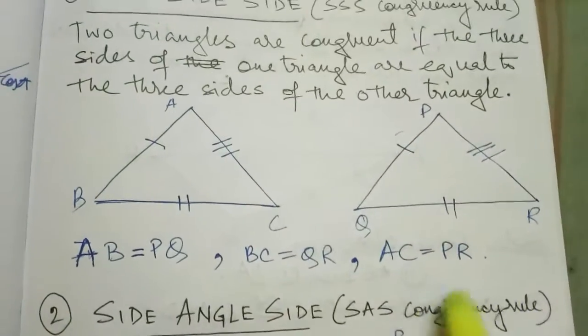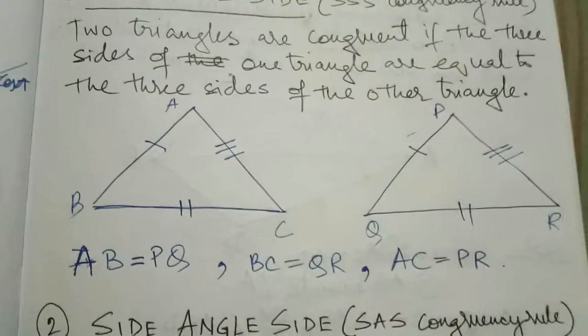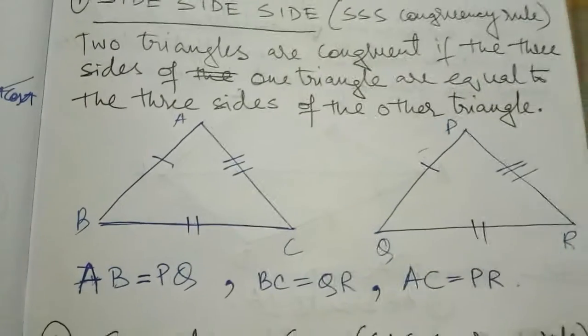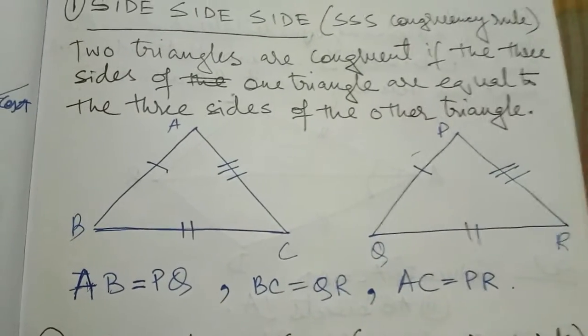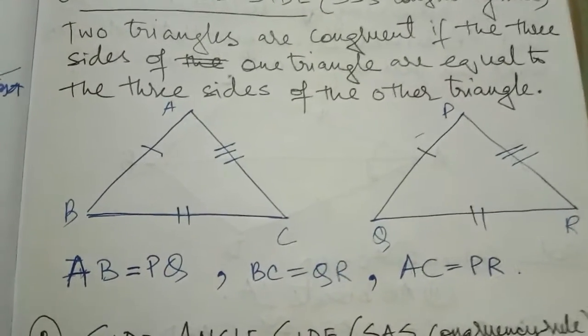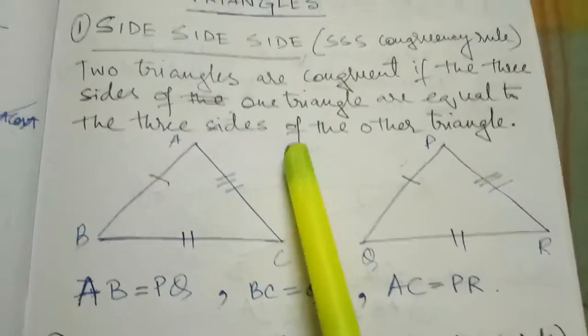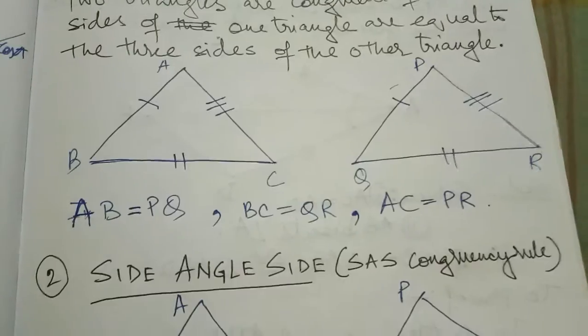In this kind of question, all these sides will be given, or you have to find them out. Suppose some side will be common, or some side will be equally divided, but you have to think. When both triangles are congruent, all three sides should be equal. Then you can use this rule, the side congruency rule. Next, one more rule we are coming to, the side angle side rule.